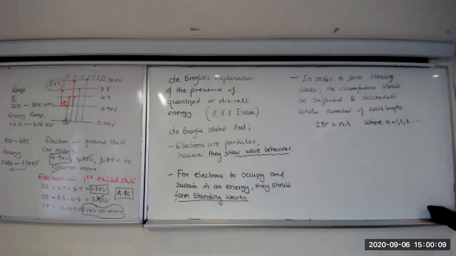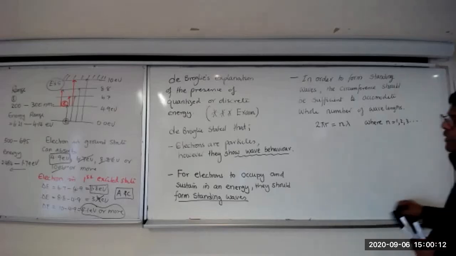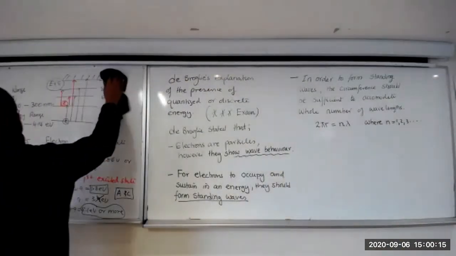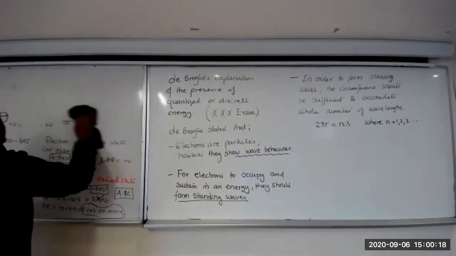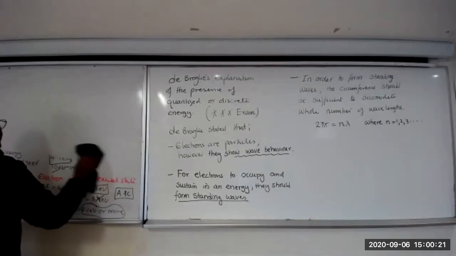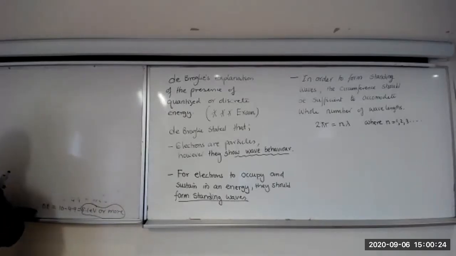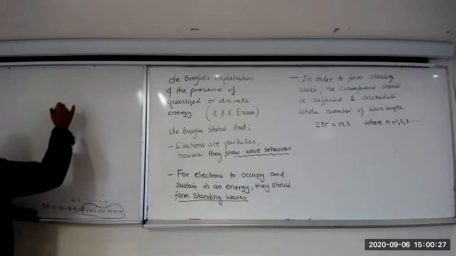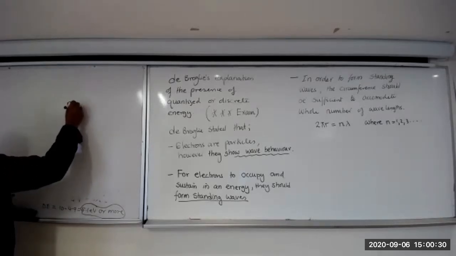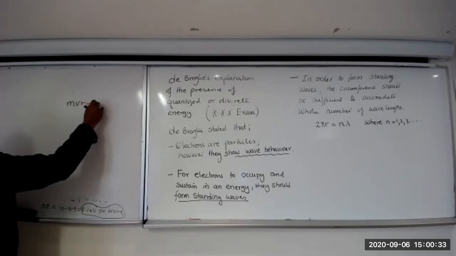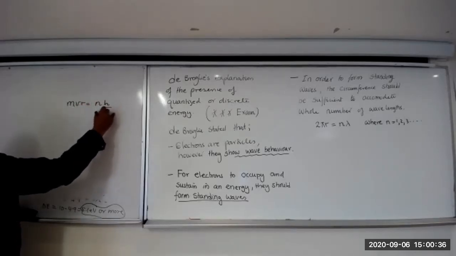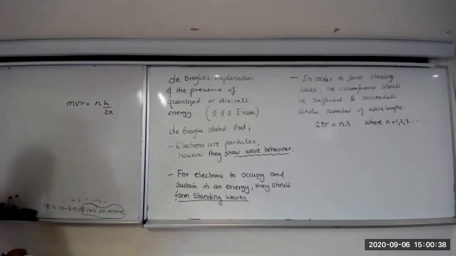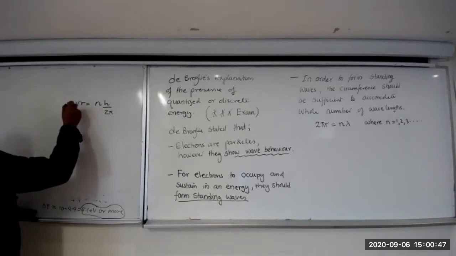I'll just jump in. I just want to try to explain something. Can you remember Niels Bohr's relationship? This is what Niels Bohr said: in order for electrons to keep going on a circular orbit, angular momentum has to be a multiple number of Planck constants. Maybe he looked at that and then he's bringing his wave model. Once you bring the wave model, have a look. If I introduce de Broglie wavelength,